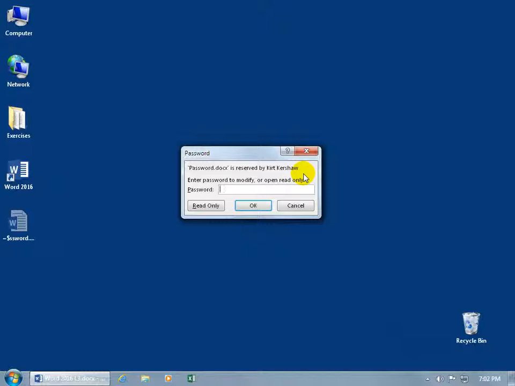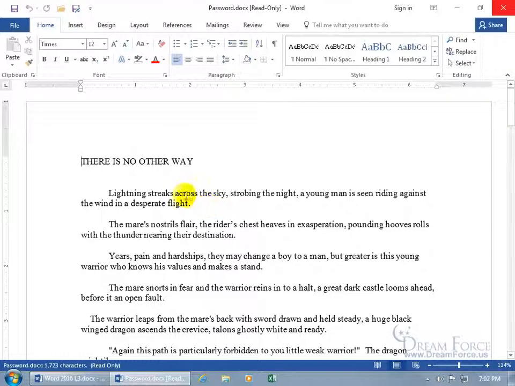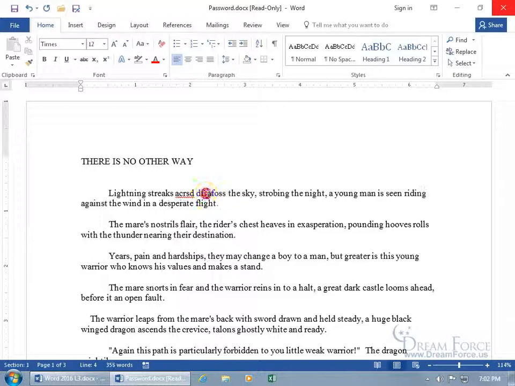and you can see if you want to be able to modify the document, you have to have a password. Otherwise, you can only read it. So let me click on Read Only. Okay, let me go ahead and make some changes. Oh, I can actually make changes. It lied to me. Oh, not really, because you can see up here on the title bar it's in read-only